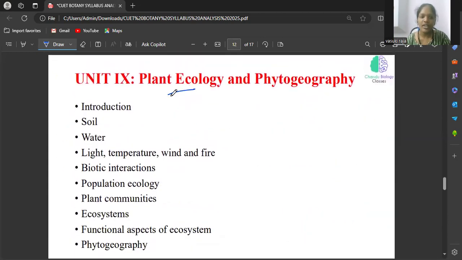And in unit 9, we have to study plant ecology and phytogeography. In certain areas, for example in the Western Ghats, some of the plants are endemic to that particular area. These are the things covered under phytogeography, and we have to give some introduction about plant ecology and phytogeography. And when it comes to the geography, we have to study about the